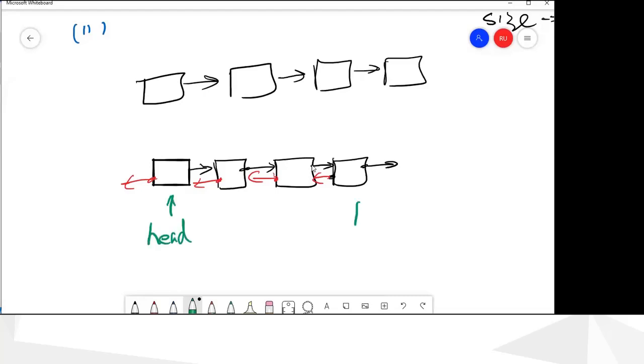We have a tail and the head, and all others will be the same, but each node will look like this. We have a next pointer and a previous pointer. So we call this a doubly linked list.